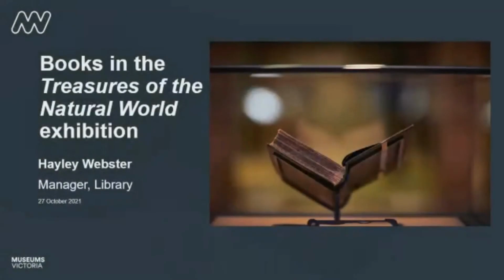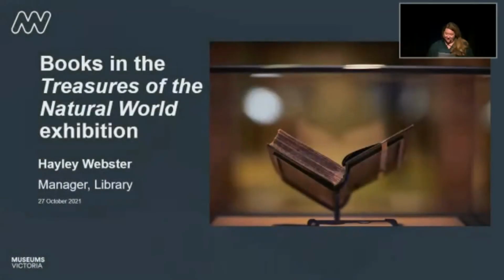I'm really pleased to be here tonight to discuss my favourite items in the Treasures of the Natural World exhibition. I won't keep you guessing, and there are no surprises here. My favourite items in the exhibition are the books. As a librarian that works with a rare book collection, and as a museum worker that has an avid interest in exhibitions, it always pleases me to see exhibitions that are interdisciplinary and that draw on different types of collection